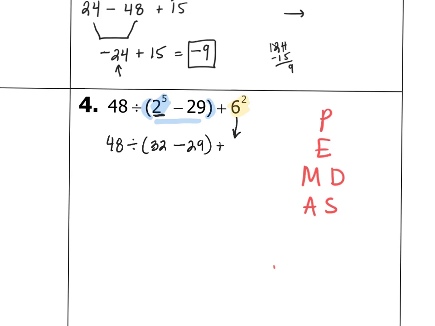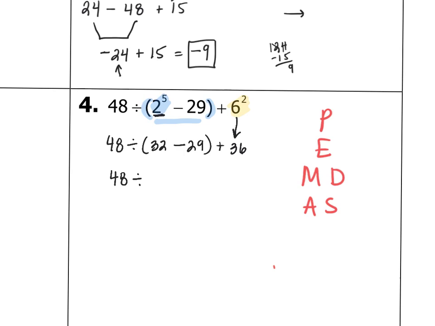Since this is by itself, I'm going to go ahead and express it as its real value. It's a number in disguise. I'm really going to express it as 36. Now we can do 48 divided by, we can finish up this parentheses, so I'm going to drop the parentheses